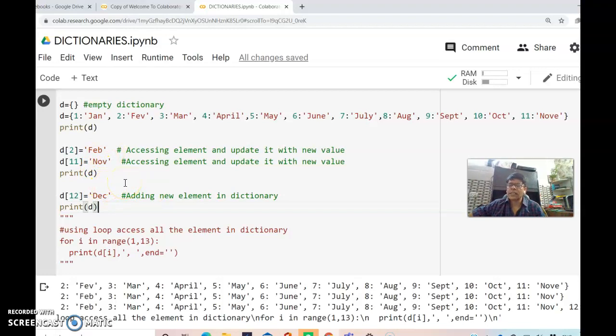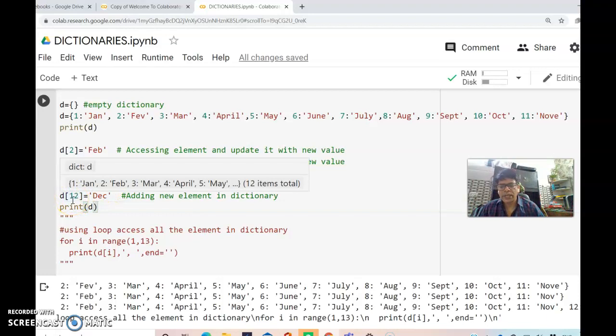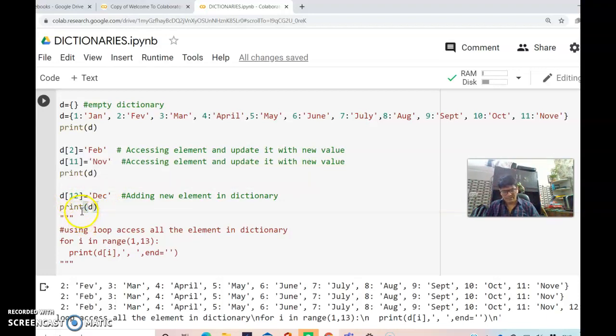That also I have discussed. Now I am adding a new element, which I have also done. I am giving the key D12, which is not there already, and since I have added it, it is added in the dictionary. Here you can see the 12 key is added.